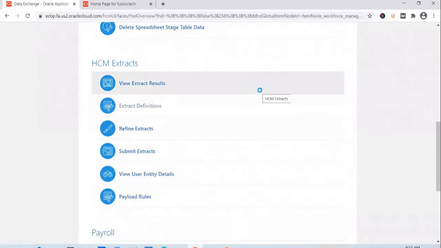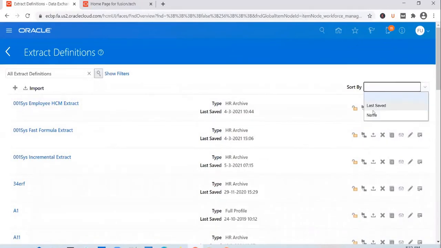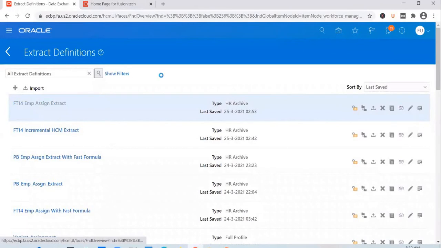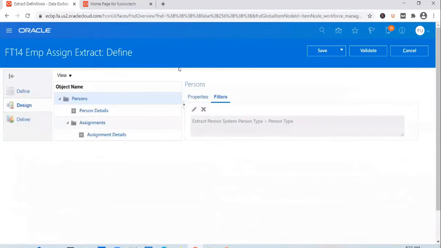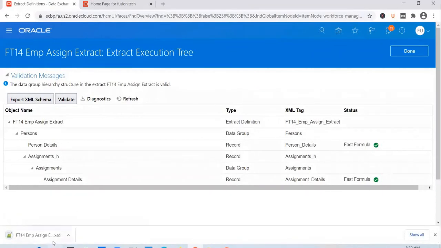so you go to extract definition. So you go to validate first. You can export the XML schema from here. It will generate an XSD file.